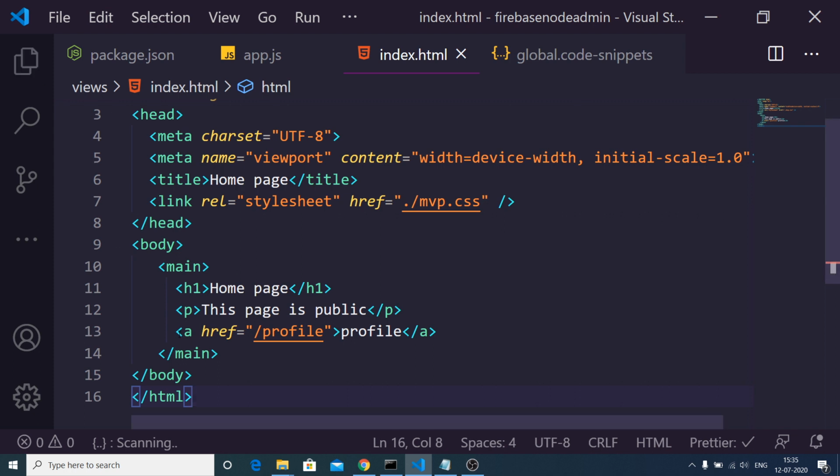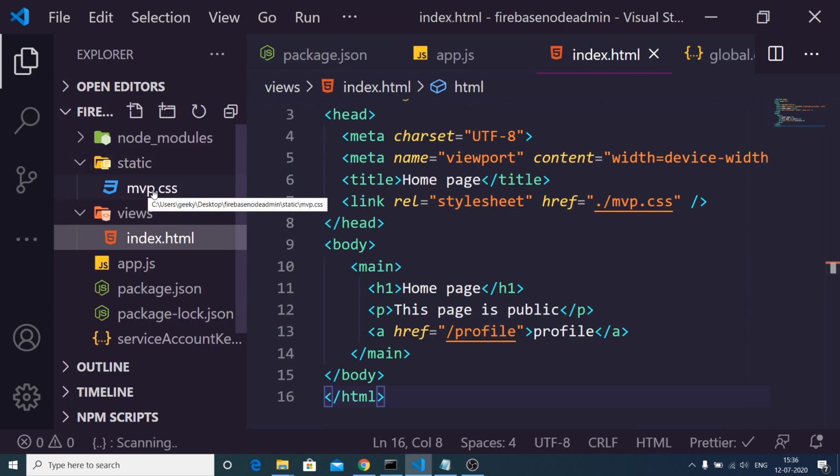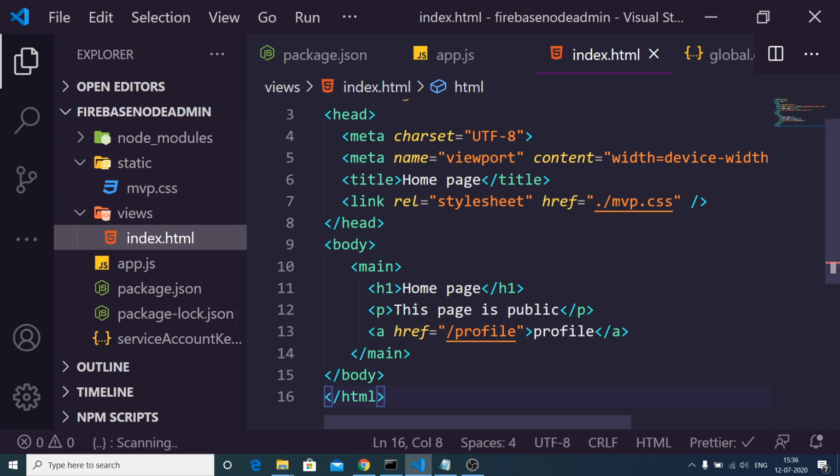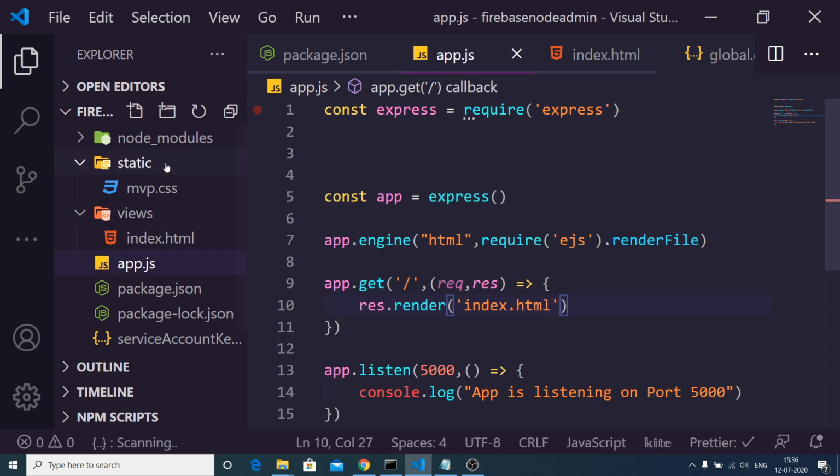There is a single anchor tag which will go to the slash profile route, and we are importing this mvp.css file here. For this path ./mvp.css to work, we need to make this directory static. So just make a static directory and store this file mvp.css.